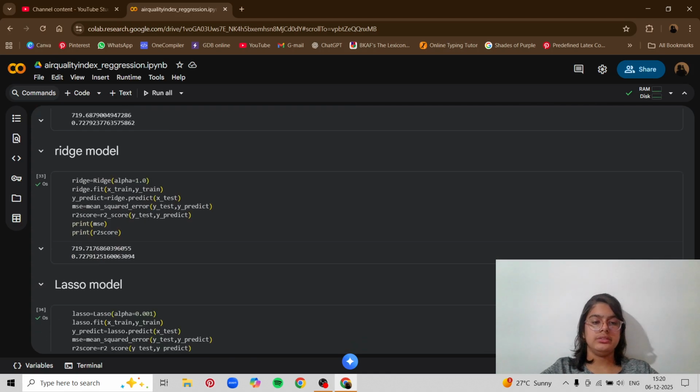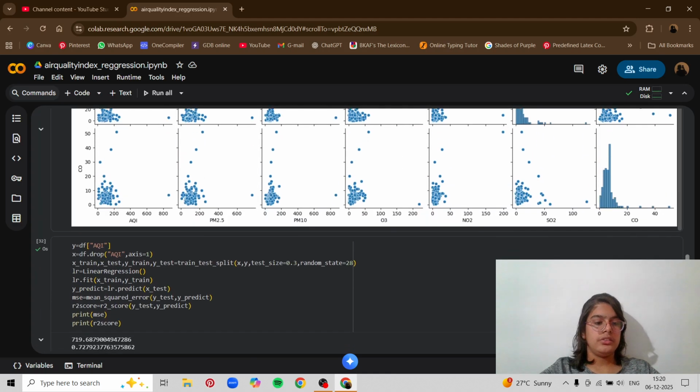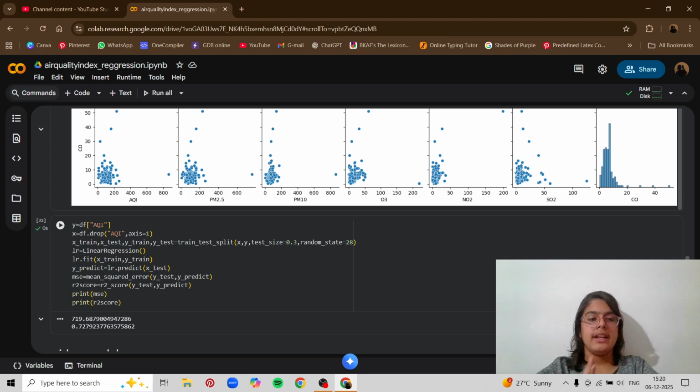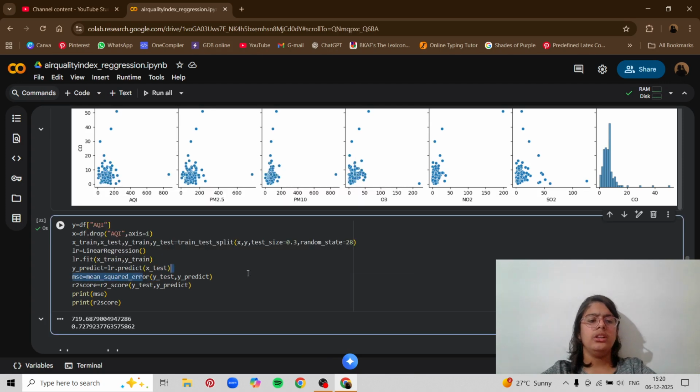Moving forward, first we will train and test the data, and then we will be using different models to check what the accuracy score and R2 score is of the data. First we'll be using mean squared error, which is a commonly used metric. What it basically does is it only gives what the error value is. So we will first